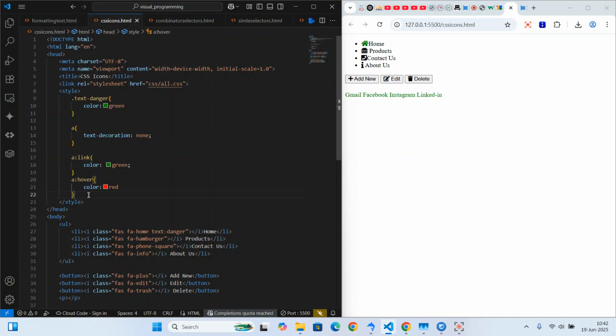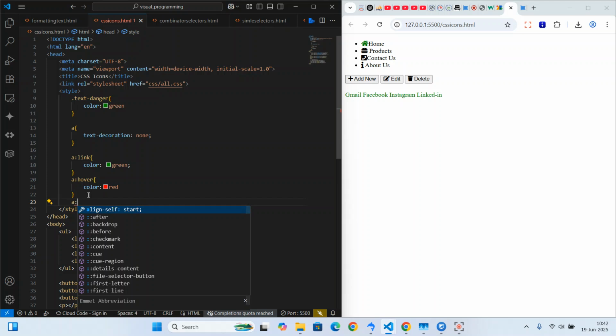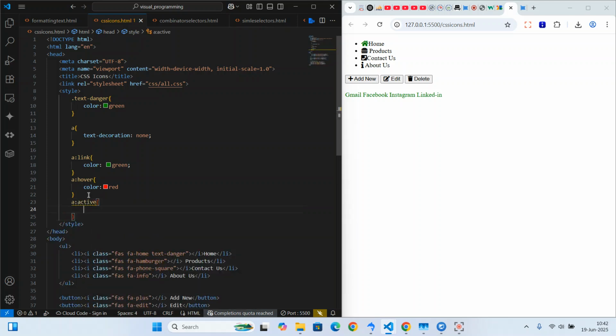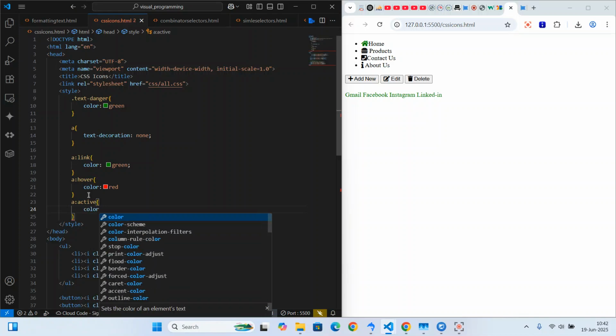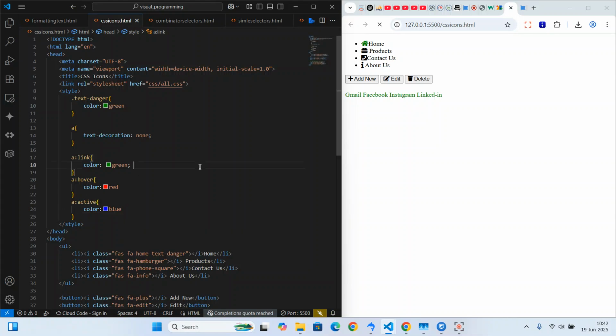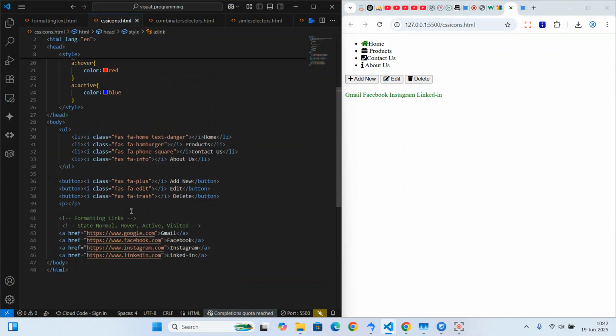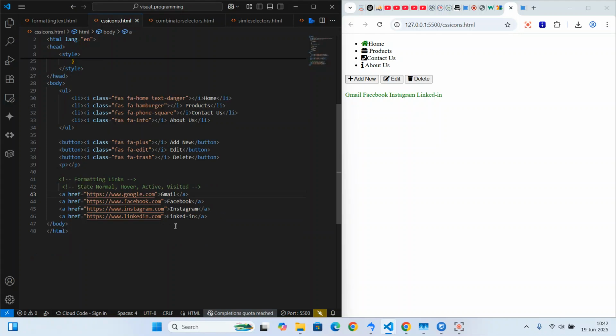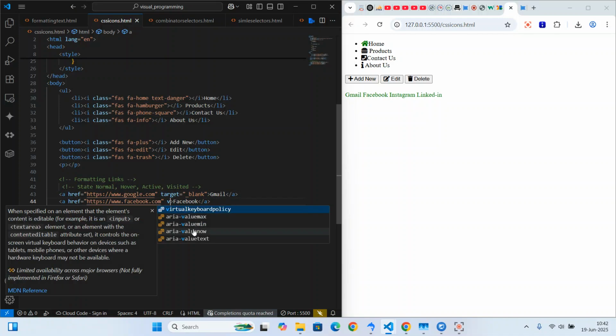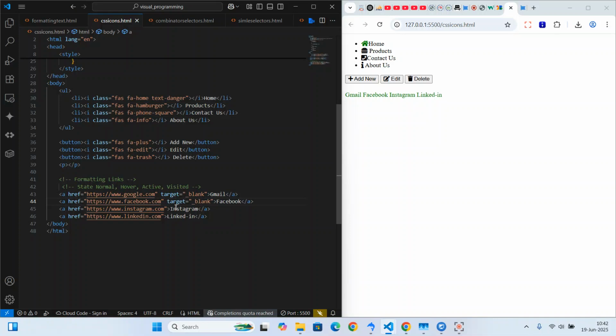Now, when you click on it and it is active, I want the color to change to blue. So when you click on it and it's active, the color becomes blue. So what I can do here, I can add here, target. I can target a blank window so that now you can be able to see it when it's still processing. Like that. So when I click on it, you can see it briefly became blue before it opened the new